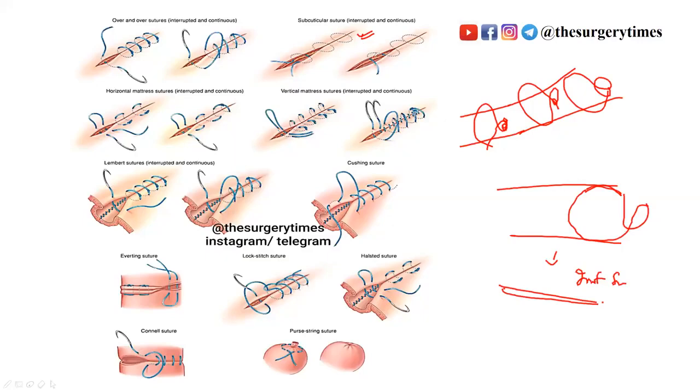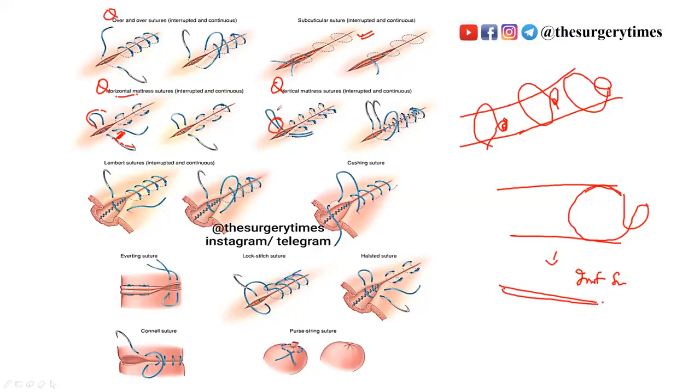Okay, and now most important is horizontal mattress and vertical mattress, and continuous and interrupted suturing. So a horizontal mattress, as you can see, we are entering from one edge, then coming out the other, and entering from the same edge and coming out, and tying on one side. Follow the red line, this is the horizontal mattress. Whereas in vertical mattress, it's almost the same, but it is on one side only. Okay, I will show you in the video.